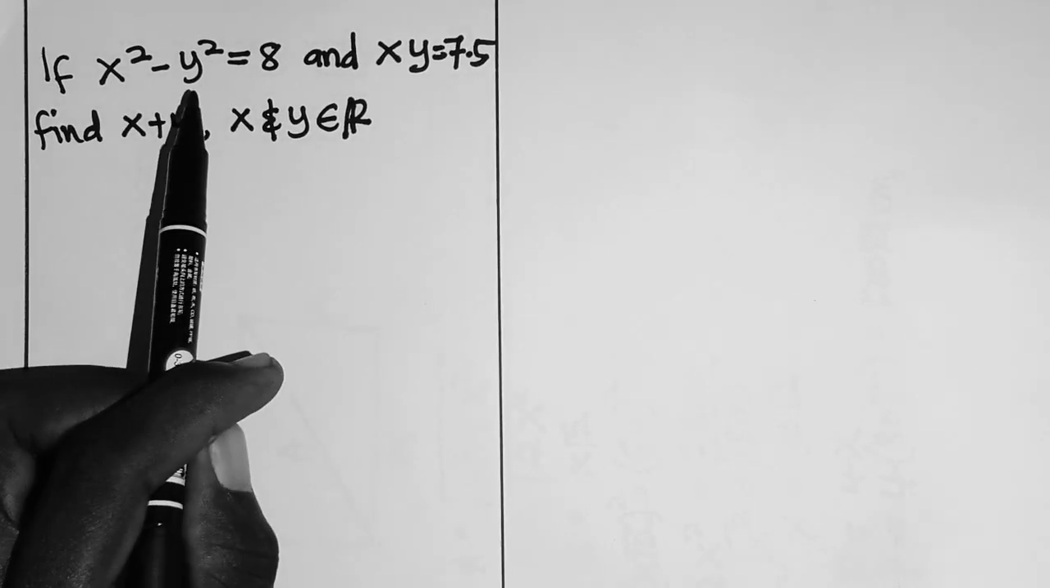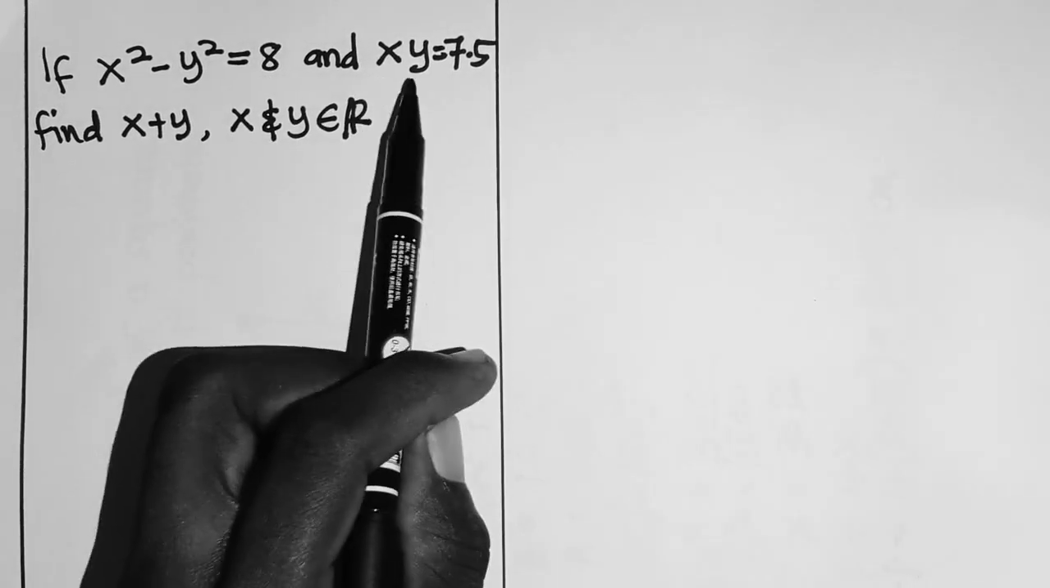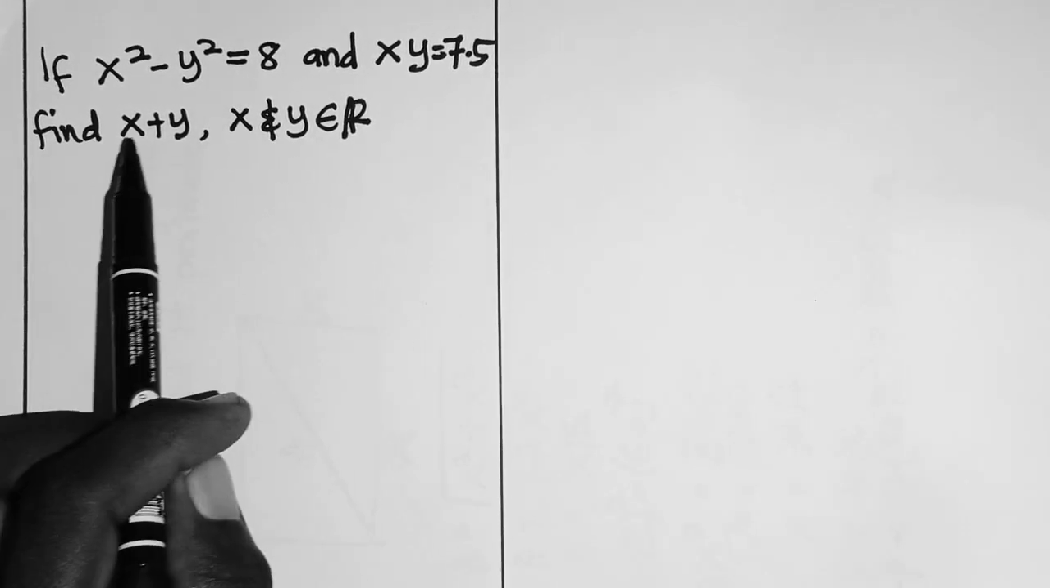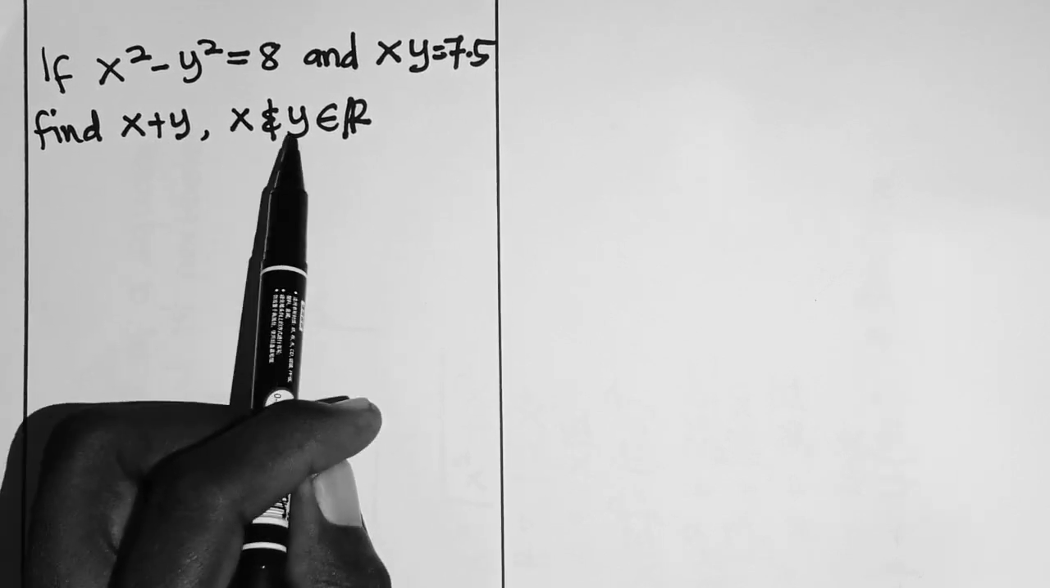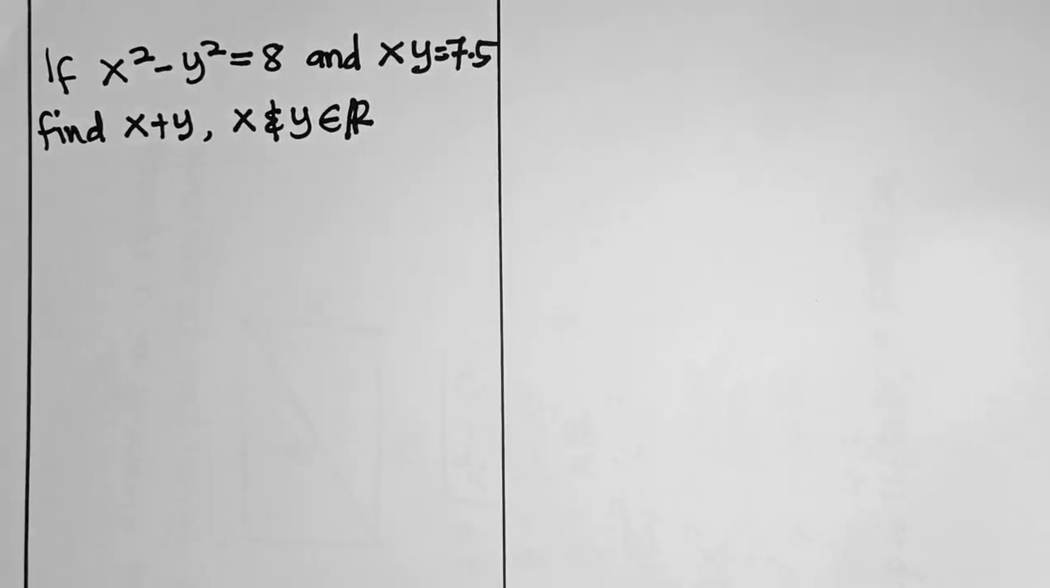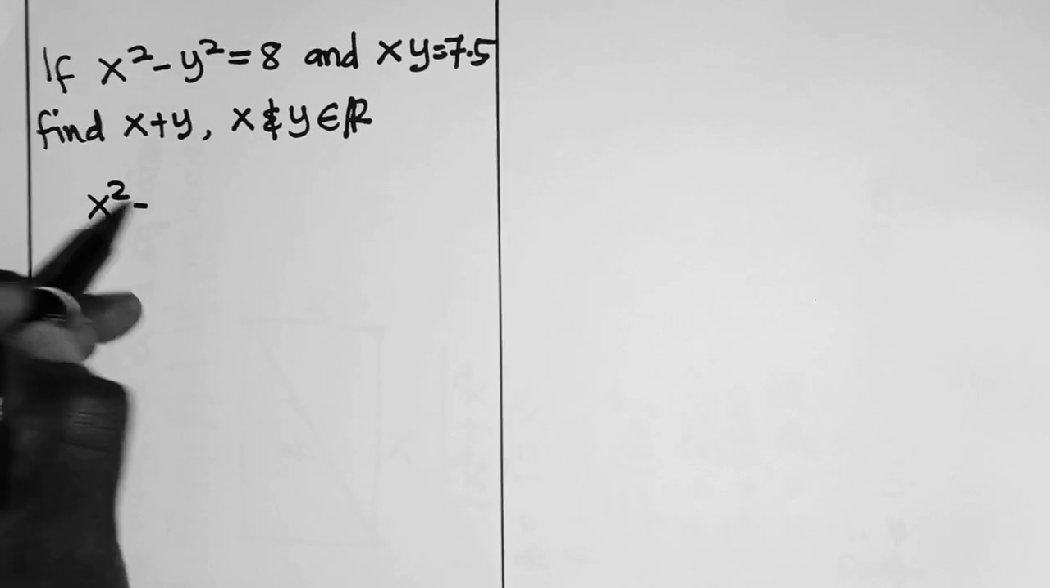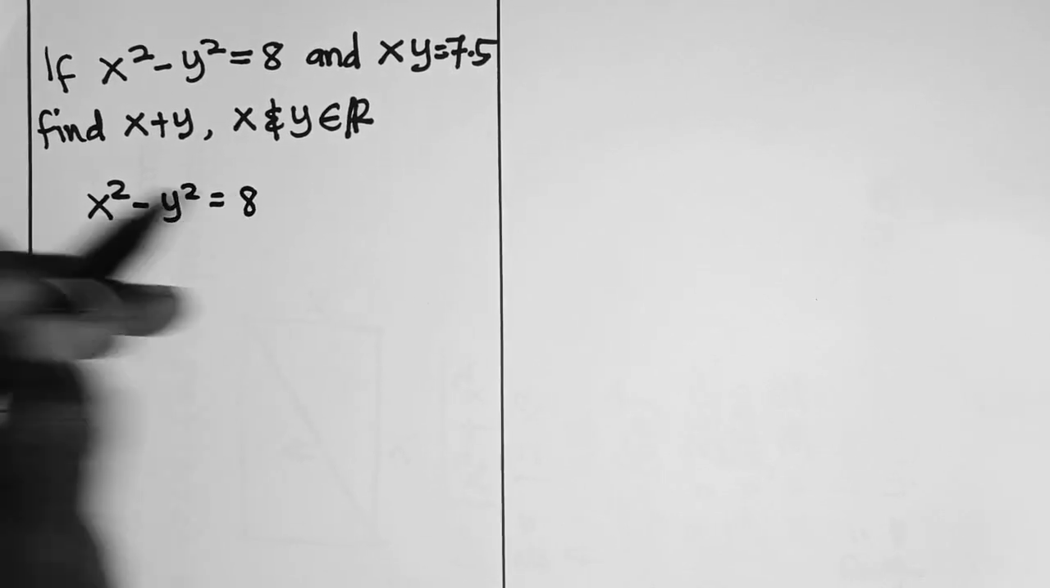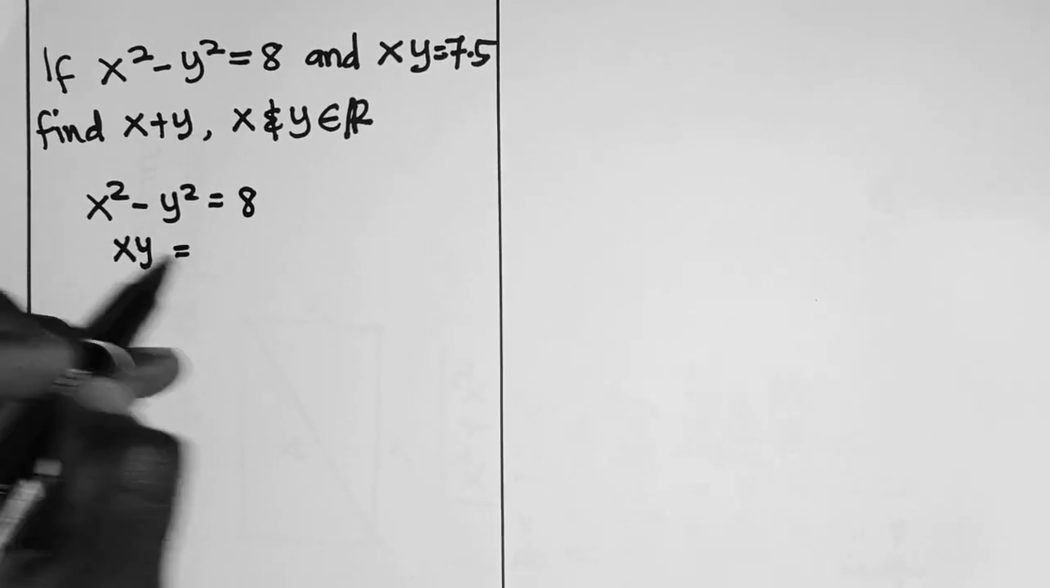If x squared minus y squared is equal to 8 and xy is equal to 7.5, find x plus y, where x and y are members of the real numbers. Alright, so the equation is x squared minus y squared is equal to 8, and then xy is equal to